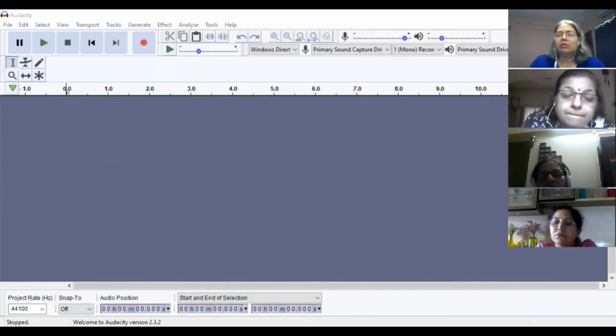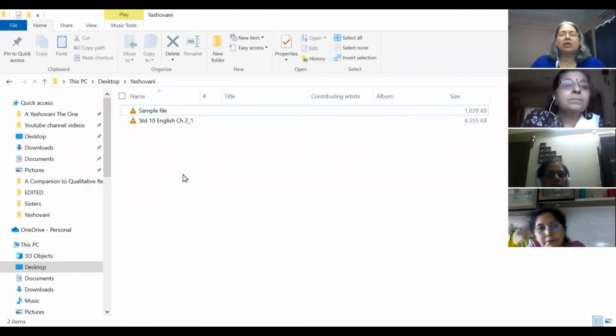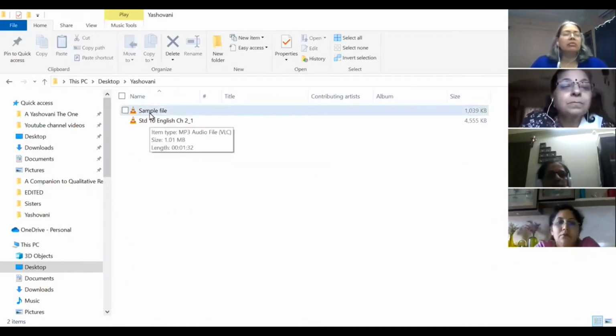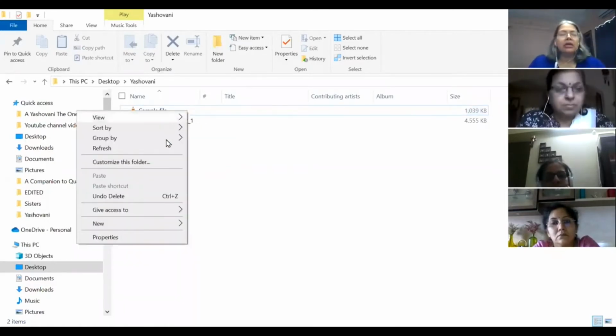So I will try and share that screen where I am going to open a file in this method. See, this is my computer file explorer, and this file called sample file. This is the file I am going to use. I have already recorded a file, and suppose I have stored it as a sample file.